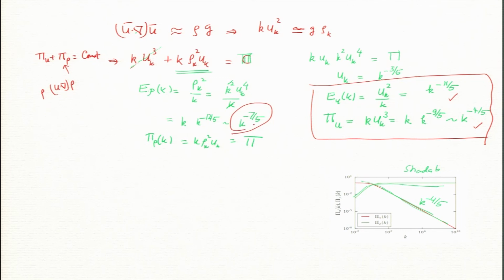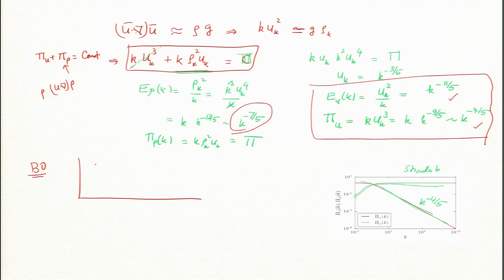So, what we did recently, with Shadab and a faculty member in mechanical engineering, we looked at the full equation, instead of making the assumption. Okay, I want to make one more remark. After this Bolzano-Dubokov said that the spectrum will go as minus 11 by 5 for E_u of k, then this is their theory, they say it will become shallower, it becomes minus 5/3. Okay. So, I will stop. Thank you.